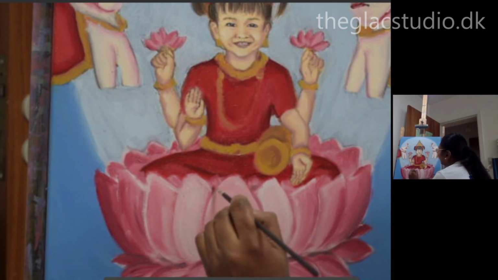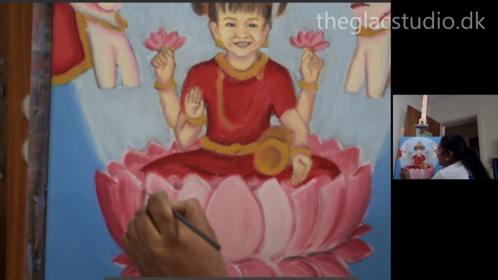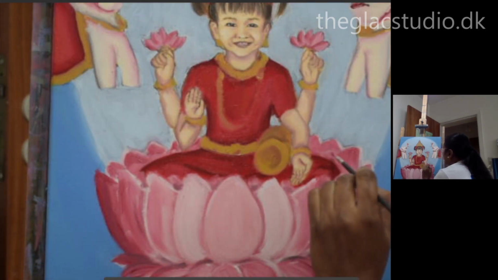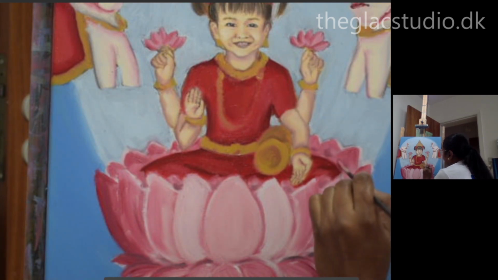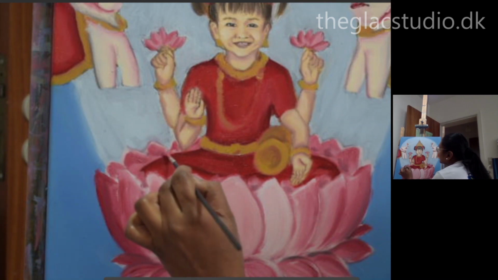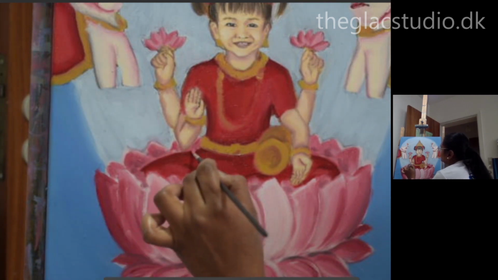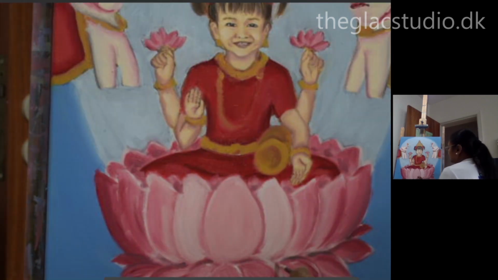I'll use that dark in between here, but it's already turning slightly gray, and that is enough for me to show the shade. Looks cool, and now I want to do the same exercise on the